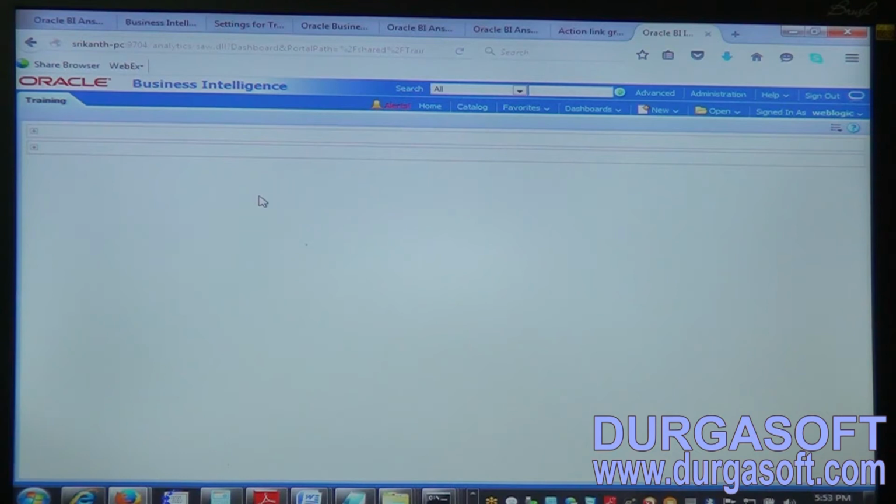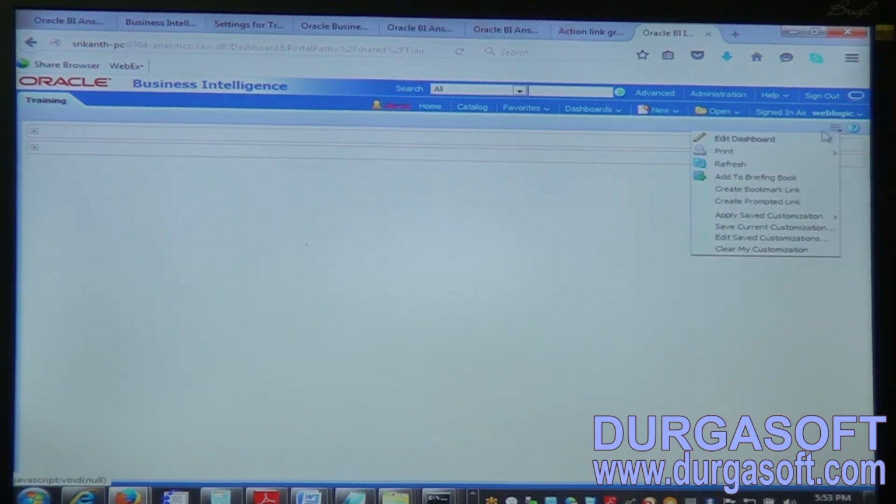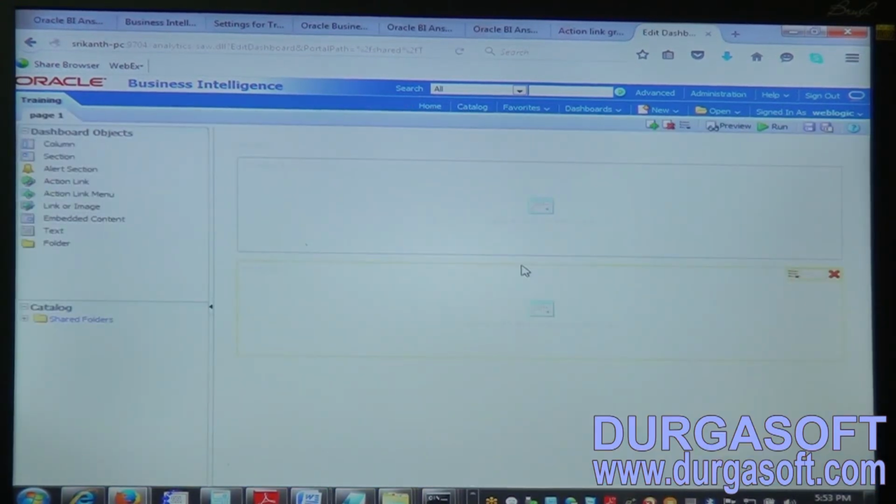Let us assume our client wants another requirement saying that I need two sections. In a single section, he wants to place two reports side by side. How can we do it? For that, once again I'll go to the corner here and click edit dashboard, so that dashboard properties will be edited.